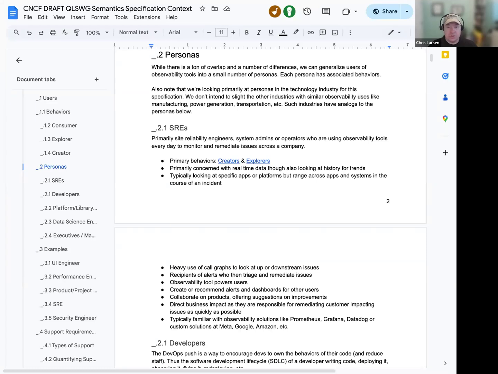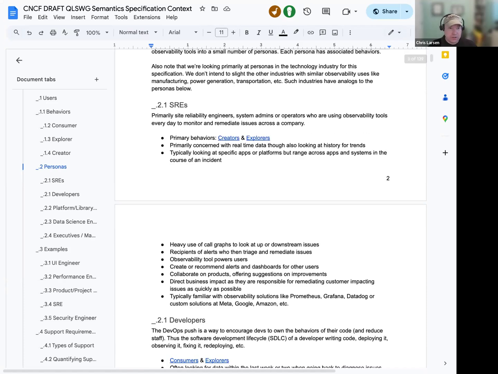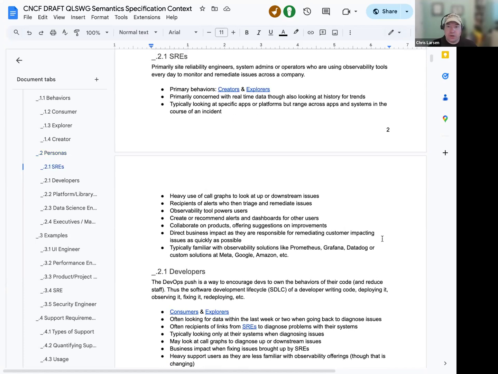They typically don't have terms like developer or SRE. They may have engineers, designers, operators, etc. So all those folks can fall on the same thing, and we're not trying to slight anybody by not using the proper terms. But one of the main consumers of observability data